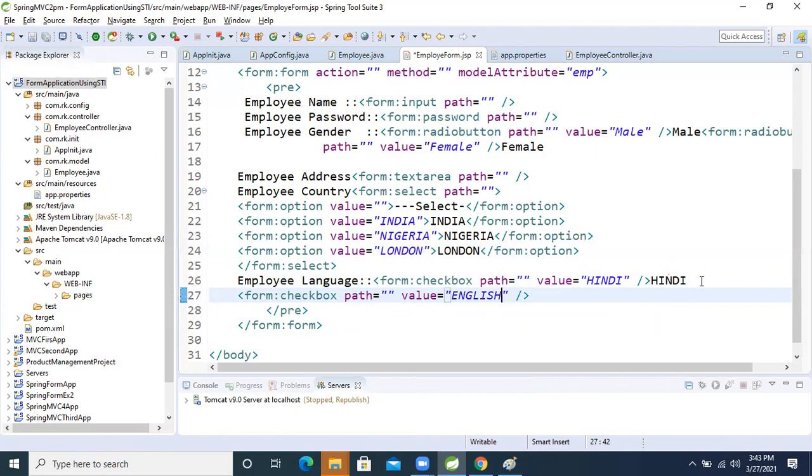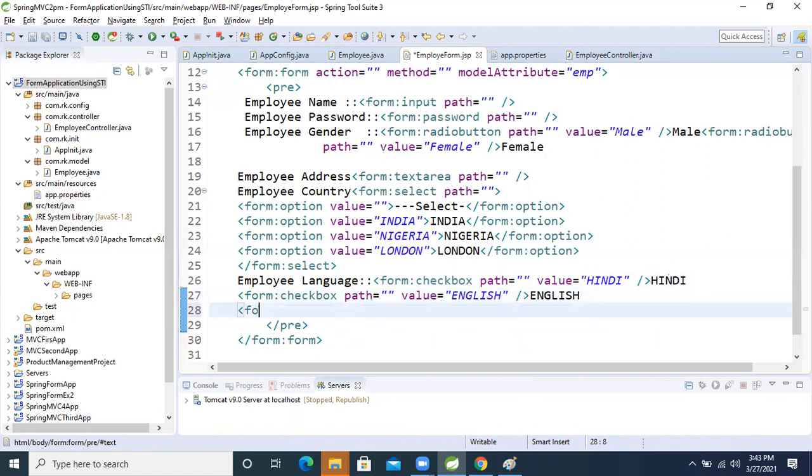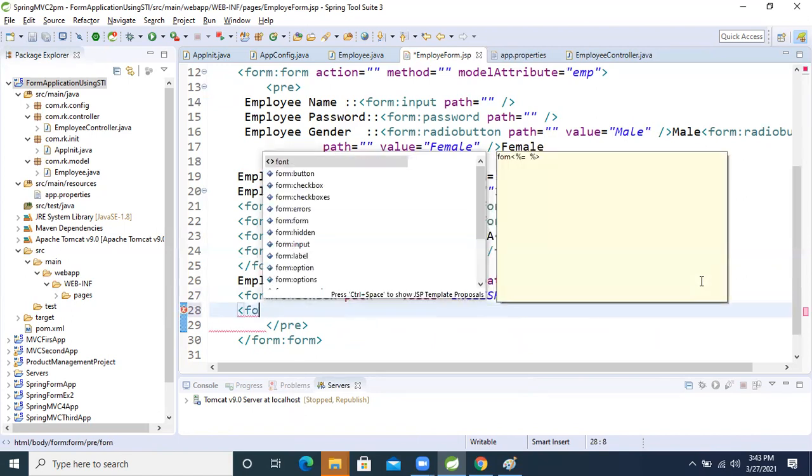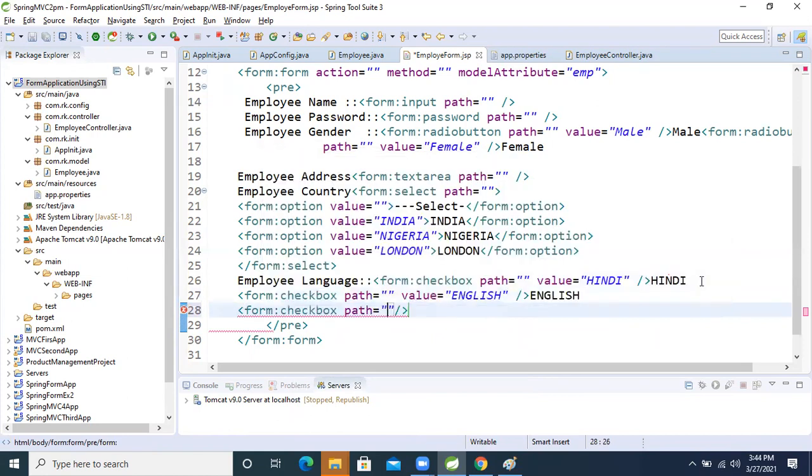After that, form colon checkbox, value equal to Telugu. Okay, these three languages, that's it.